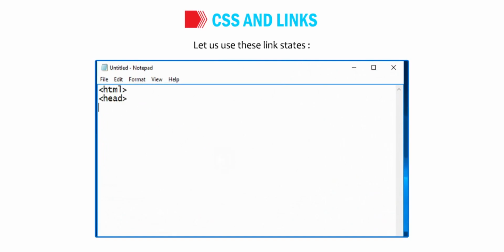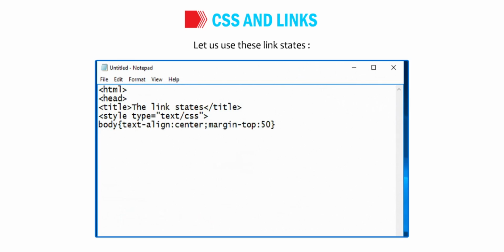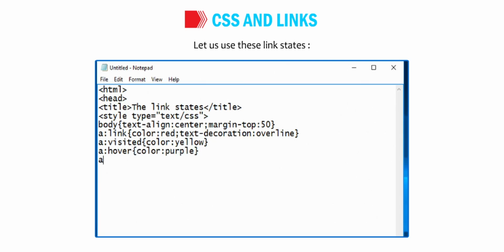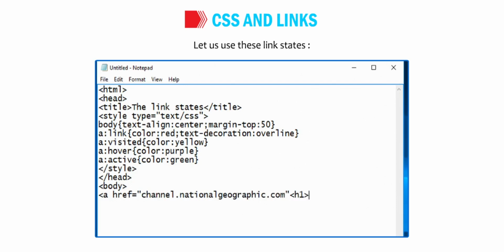<html><head><title>The link states</title><style type="text/css">body {text-align:center; margin-top:50} a:link {color:red; text-decoration:overline} a:visited {color:yellow} a:hover {color:purple} a:active {color:green}</style></head><body><a href="channel.nationalgeographic.com"><h1>This is a link</h1></a></body></html>